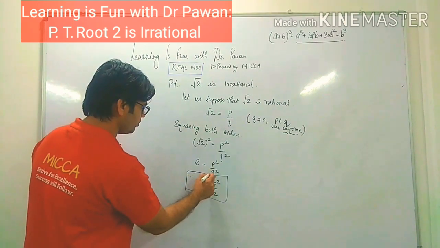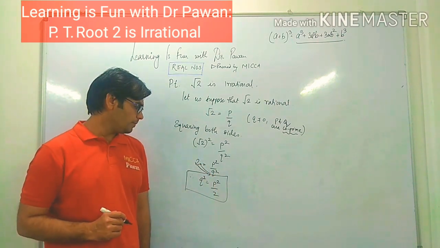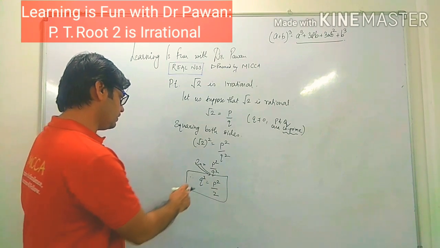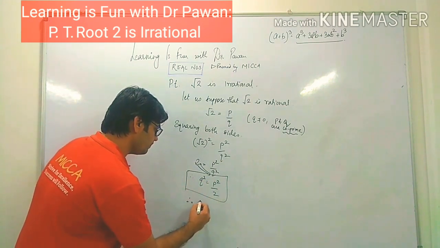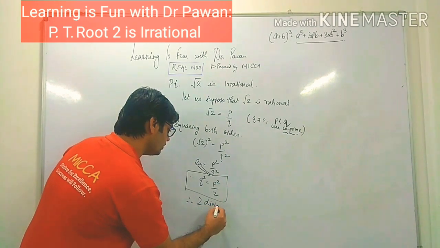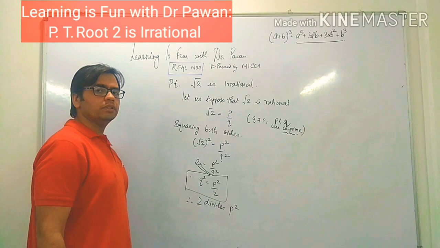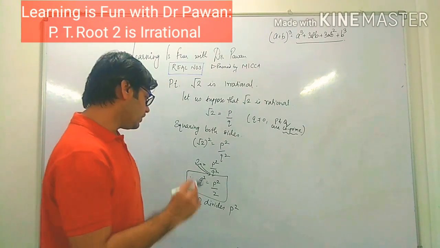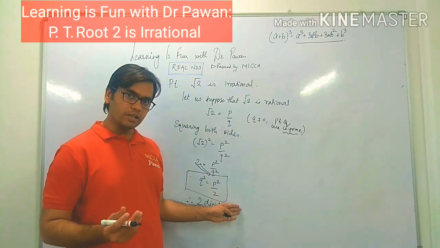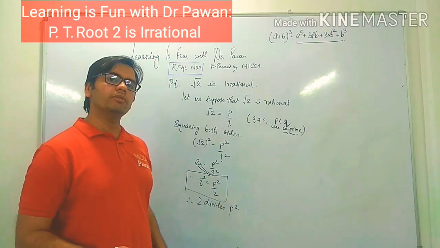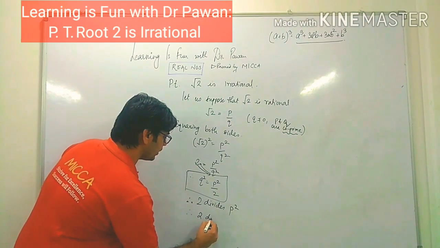We brought q square here, and the 2 came here in the denominator. So what we see here is q square is p square by 2, which means therefore 2 divides p square. Now we have a theorem which says that if a number divides the square of a certain number, that number will also divide the other number. Therefore 2 divides